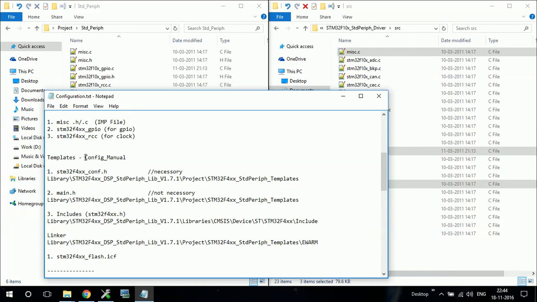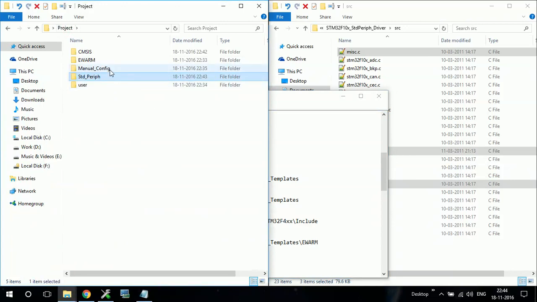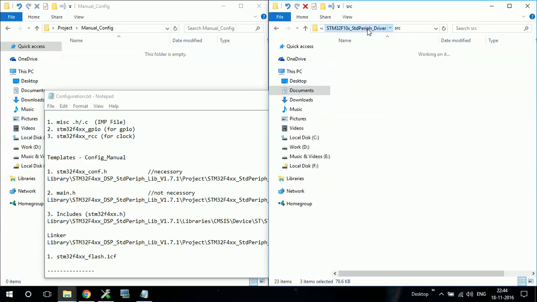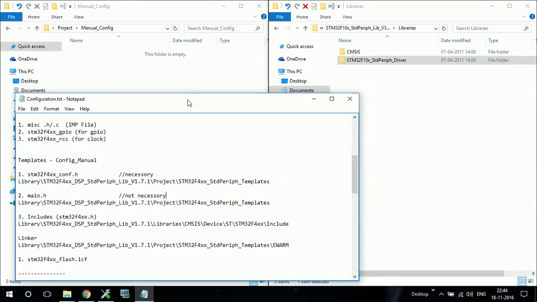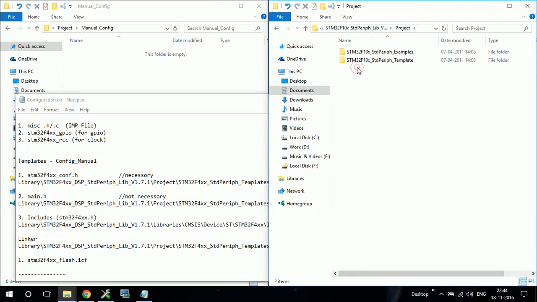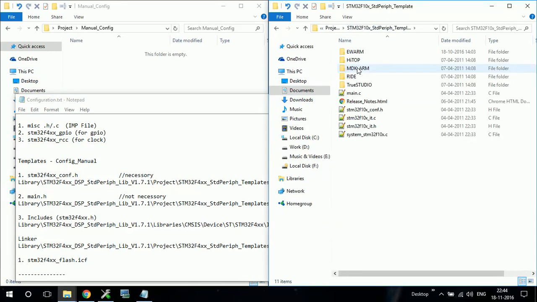Okay, configuration, manual configuration folder. Now I will add the files which need to be configured manually. So the first file to add: project, STM templates. Okay, I have to go to projects, STM template, and here